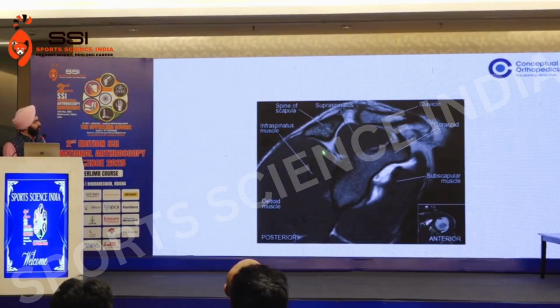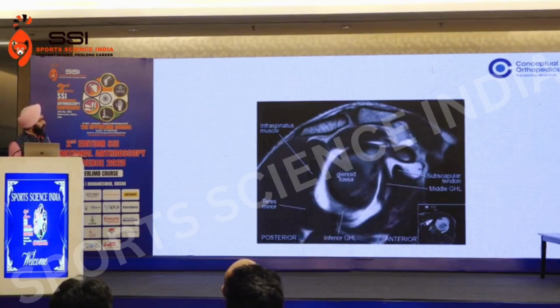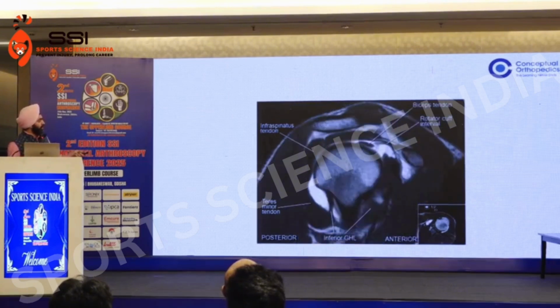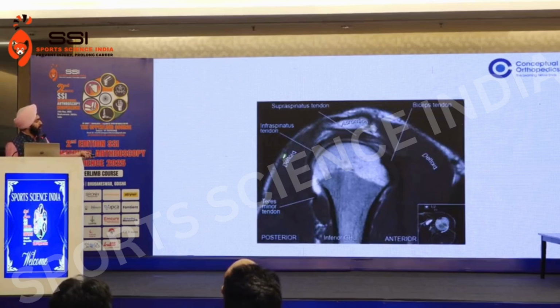This is what you want to see. You want to look for atrophy of the rotator cuff. This is the spine of the scapula. Above the spine would be supraspinatus, here would be infraspinatus, here would be teres, here would be your subscapularis. In cases of long-standing cuff tears, you'll see some fatty infiltration here. A high grade of fatty infiltration would be a poor prognostic sign for a cuff repair. Another thing you want to see is continuity of the tendon of the rotator cuff.